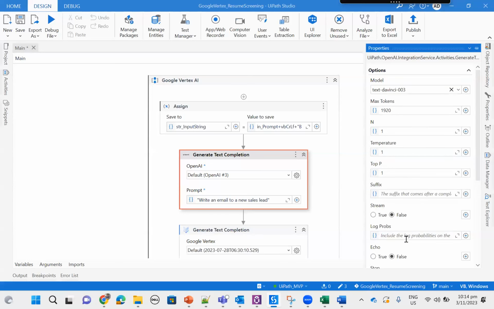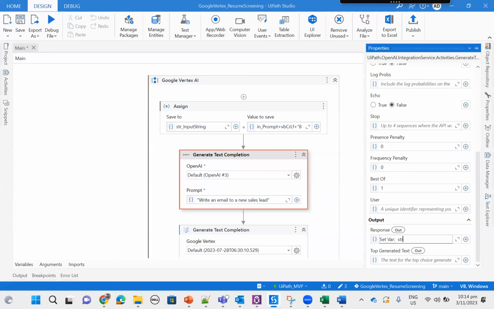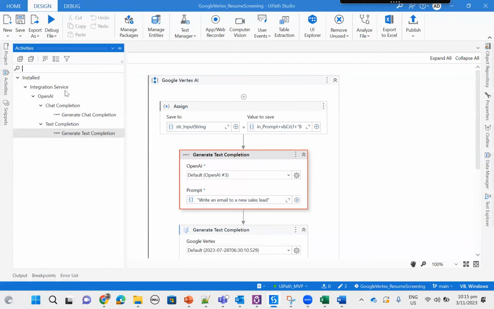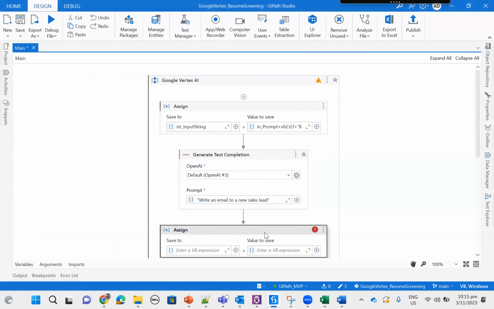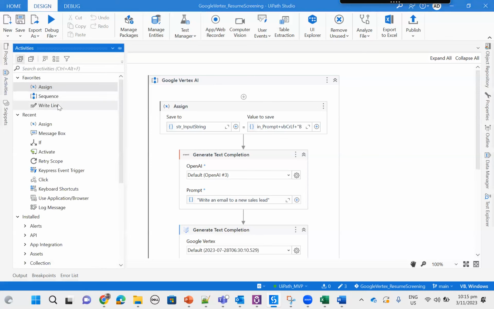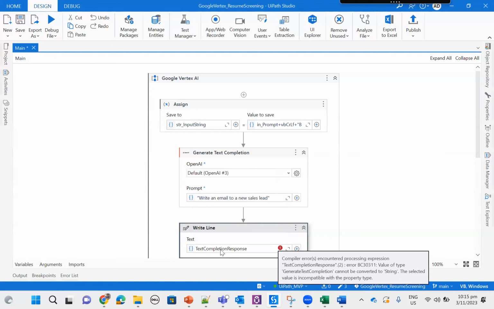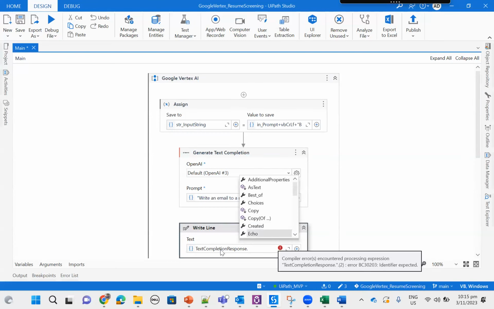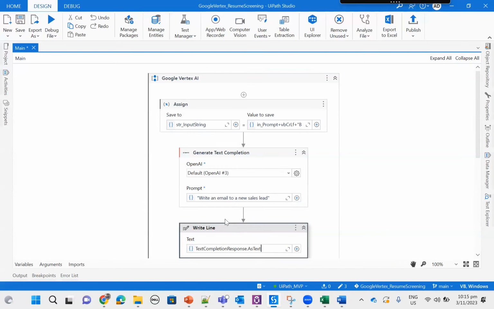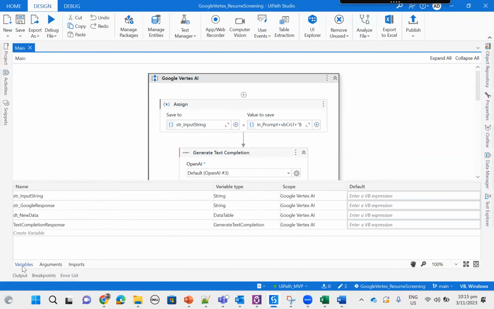just create a variable, say your text completion response. Okay. And the response that you will receive in the right line, I'll show you. So your text completion response is just text completion dot, and then you can get all these values out of that particular variable type. So this variable type is nothing but a text completion variable type, from which if you want string, just say as text, and you can get that entire response as a string,